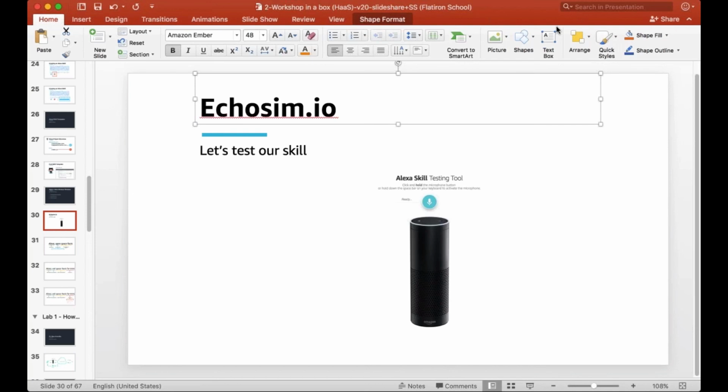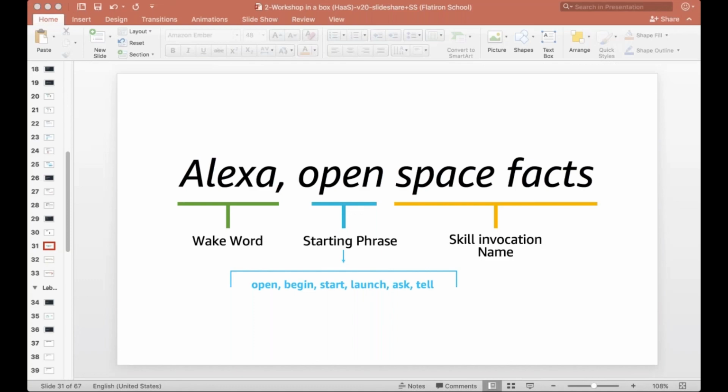Okay, let's see if I can go back into slideshow mode. Okay, all right. We'll just not do the slideshow mode. Okay, so echosim is another way that you can actually do that. Now let's see. You can see the screen? Oh, that's weird. How about now? Can you see my screen now? Yes. Okay.